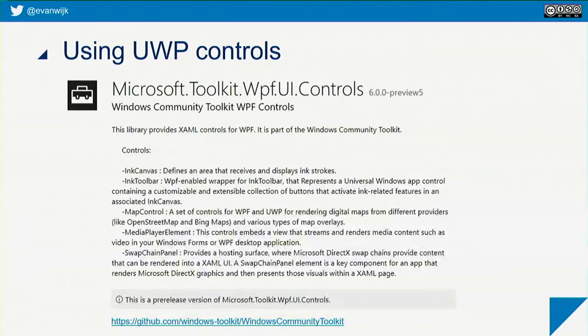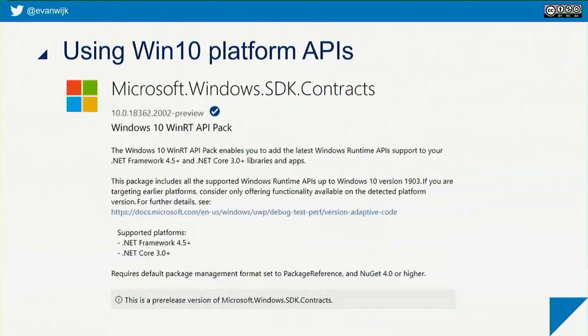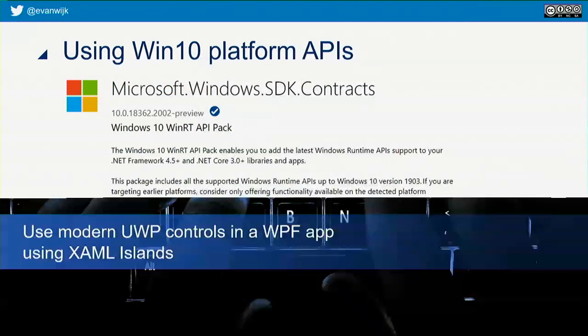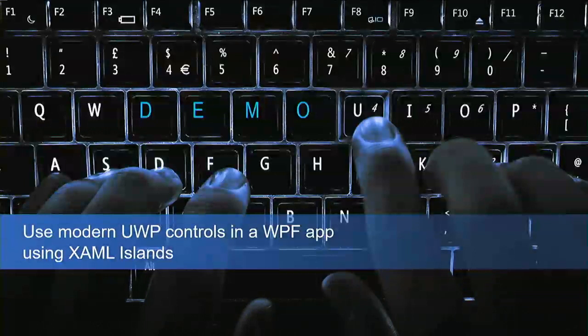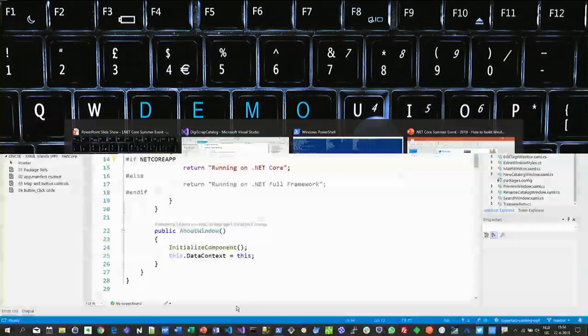As you can see, I have here the 6.0 preview 5, so this is also still preview. You have to make sure that you have the right version, the latest version of this stuff. There's also a GitHub repo, so you can also see all the code. That's pretty cool. And this is a library that you can use, the SDK contracts library, that will give you access to all the Windows 10 APIs, which you can use. And I will show you how to do that, what you can do with these kind of controls